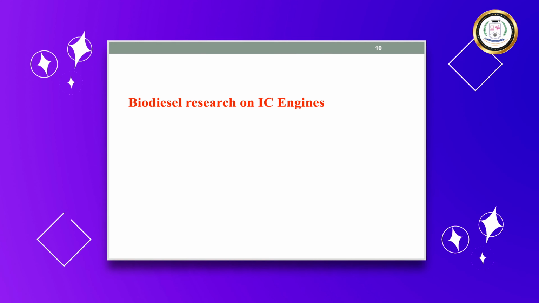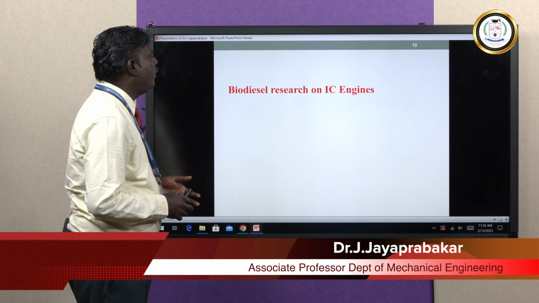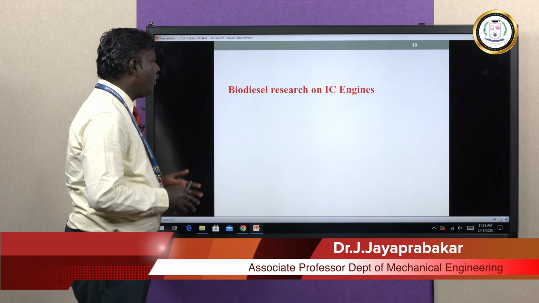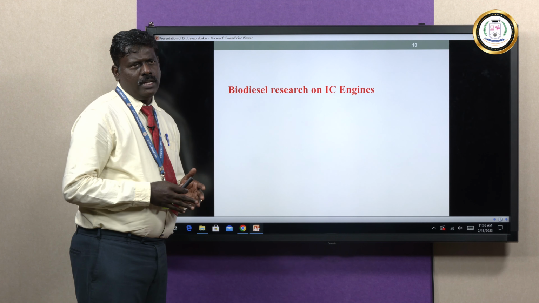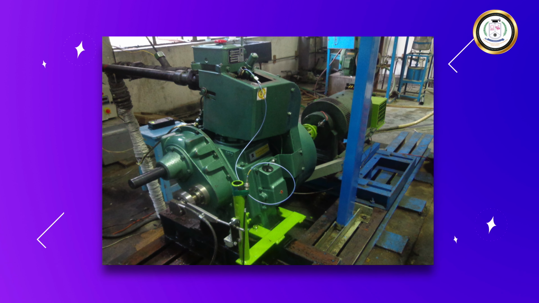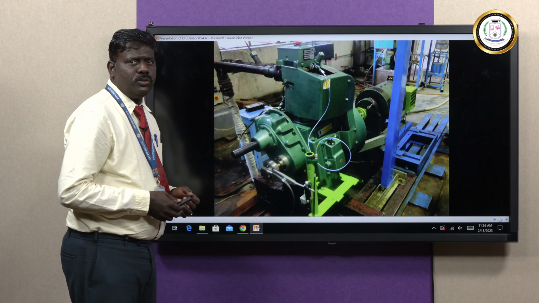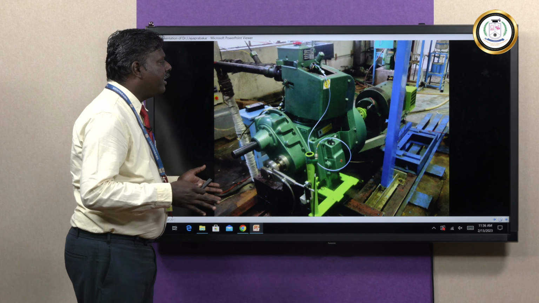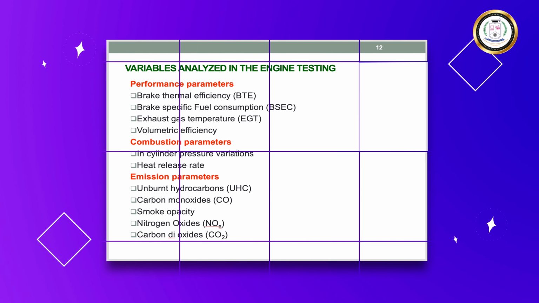The perspective about biodiesel research on IC engines may be useful for research scholars, academicians and PG students who are pursuing biodiesel research on IC engines. Biodiesel research always requires biodiesel preparation. After biodiesel preparation is done, the biodiesel can be tested in a conventional engine test rig like this. This is the engine test rig we have in our Department of Mechanical Engineering Thermal Laboratory in Sathyabama Institute of Technology, where a fully sophisticated engine is available for testing various parameters like performance parameters,